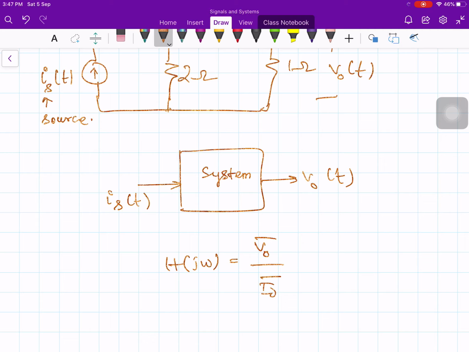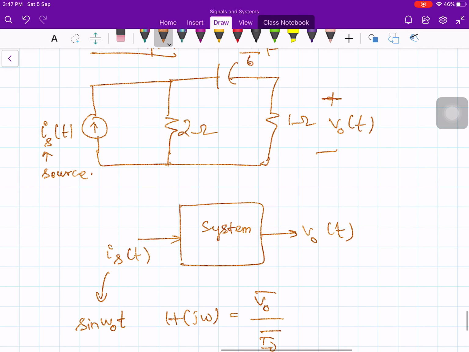Under a sinusoidal steady state, let's say the input is some sinusoidal current sin omega naught like this. You can work this out and show. It's very simple. So please recall from your circuit theory. So this h of j omega in phasor notation is j times 2/3 omega whole divided by j omega plus 2. What you do is this 1/6 omega,